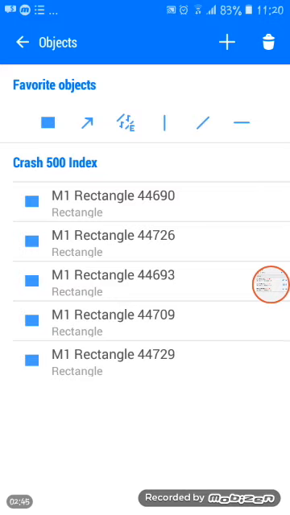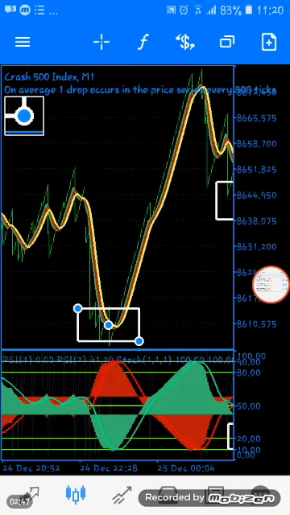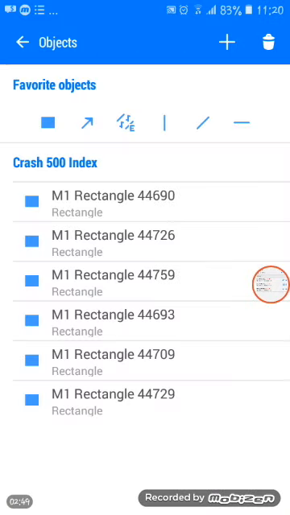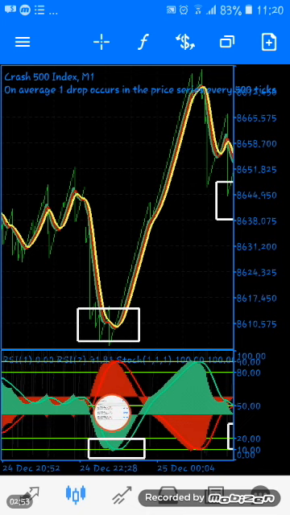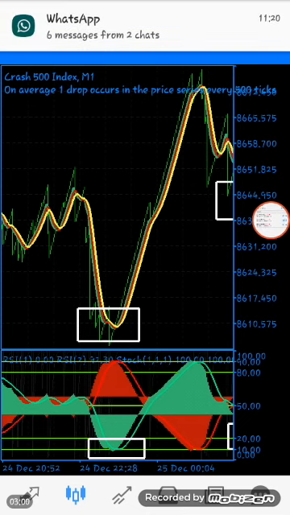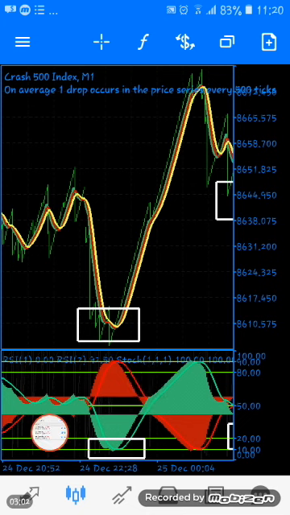Giving another example, this is on Crash 500. It's still on M1. There is our peak here. Here the setup presented a gap between the MACD lines, between the two indicators, because this indicator is simply comprised of